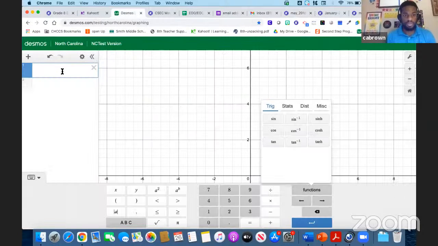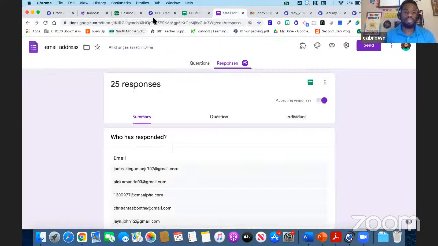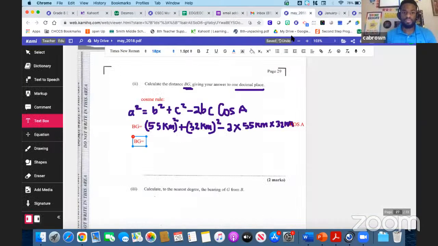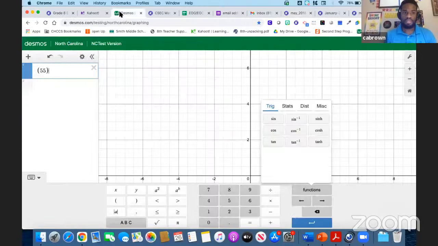I'm just going to use my calculator right here and put everything inside to get my result. 55 squared, sorry about that, 55 squared plus my 32 squared